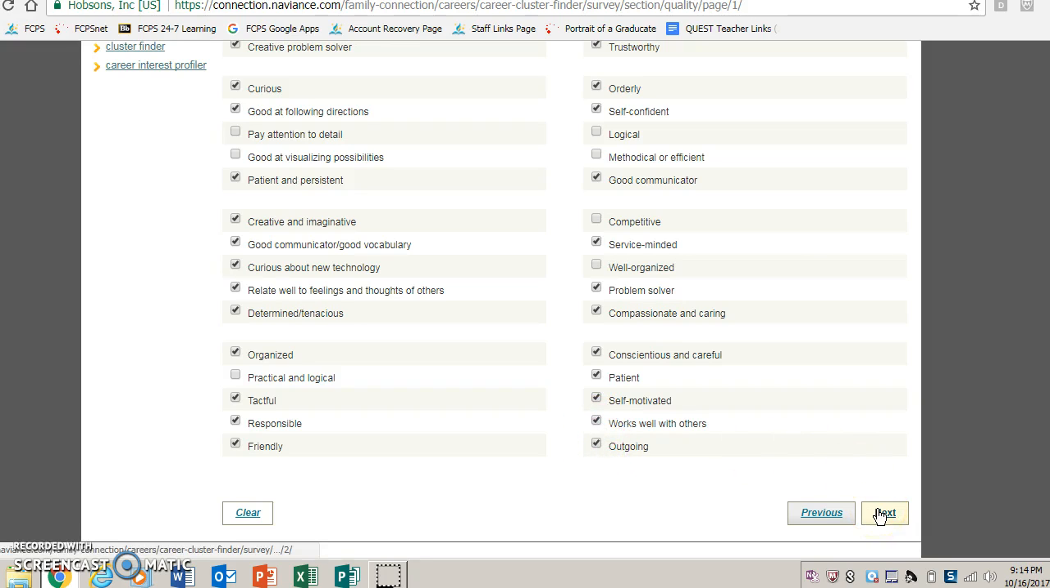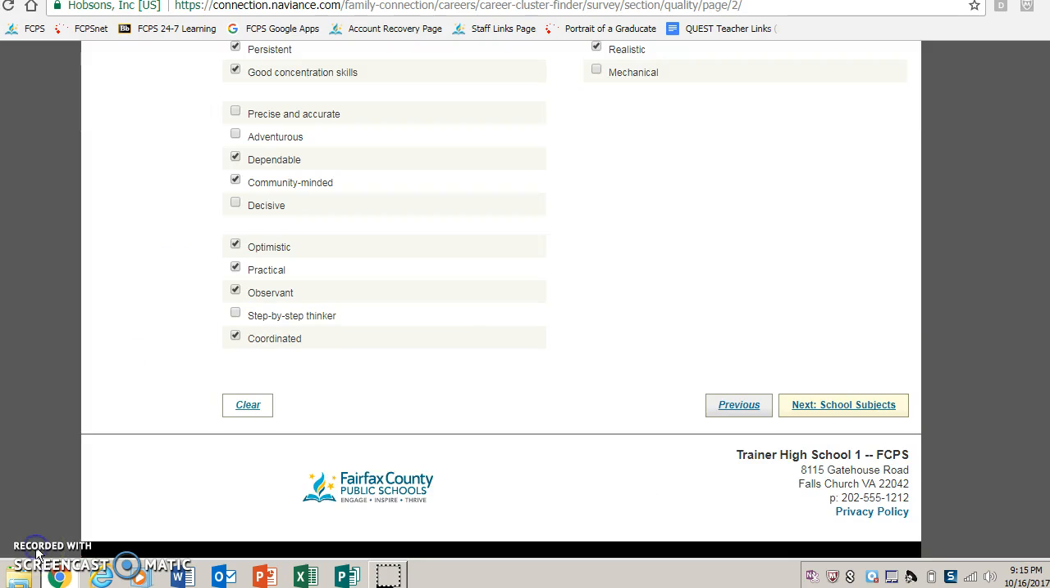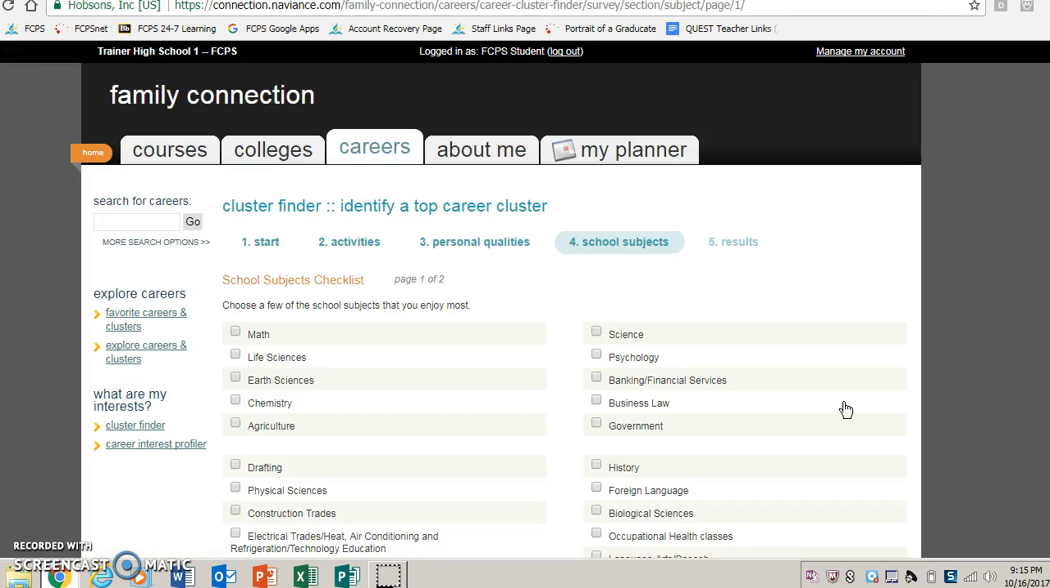All right, so I'm going to go ahead and hit the next button, and it will take you to the second page. Again, I'm going to pause it to not bore you. Okay, so then the next thing I'm going to do is click next, and we'll take a look at some school subjects. Okay, so this page, again, it's 1 of 2 pages, and here you're going to select school subjects